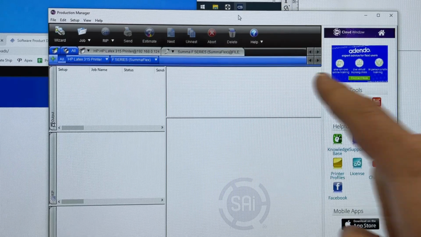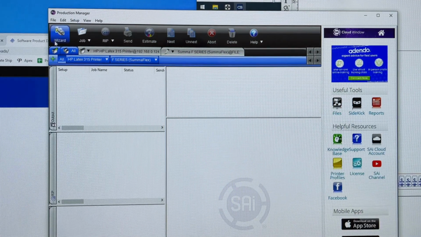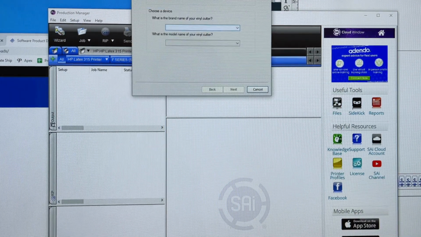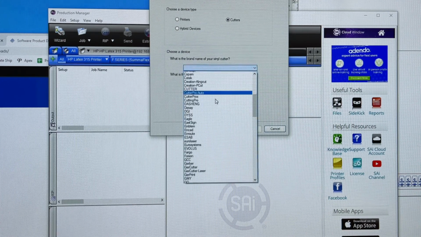I don't know. I did have to do some stuff on the Summa, or for the Summa, so let me show you that, only because I want to be able to reference this if I screw up again. And it might be helpful for someone. So, you want the Summa Flex. So if you are going to add a device and add a cutter, and come down here to Summa,